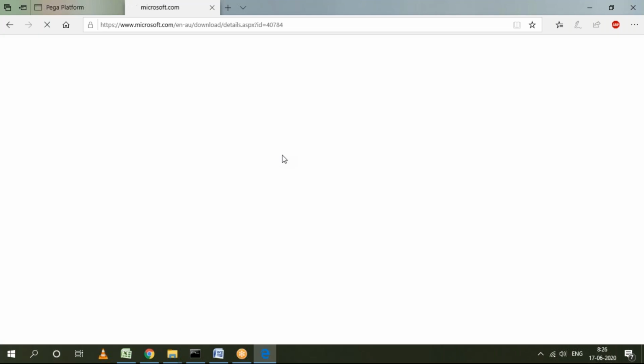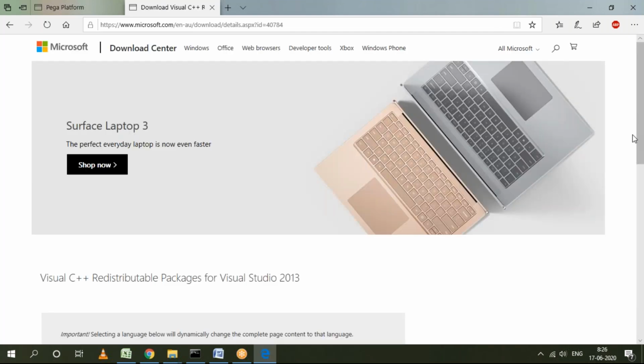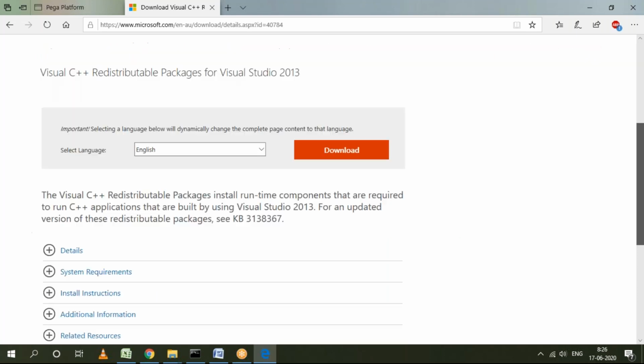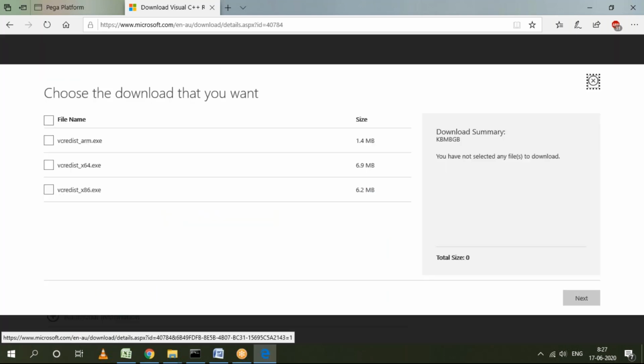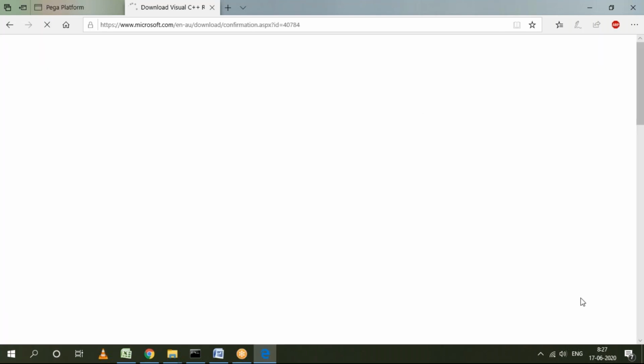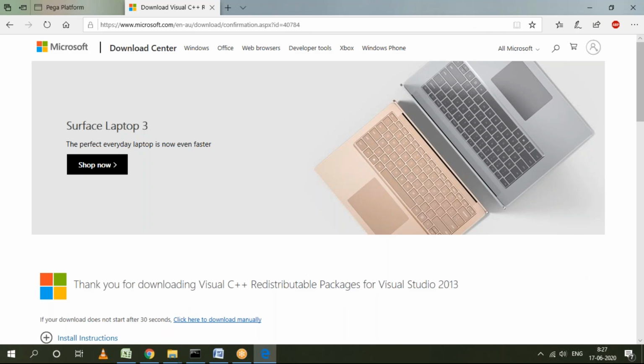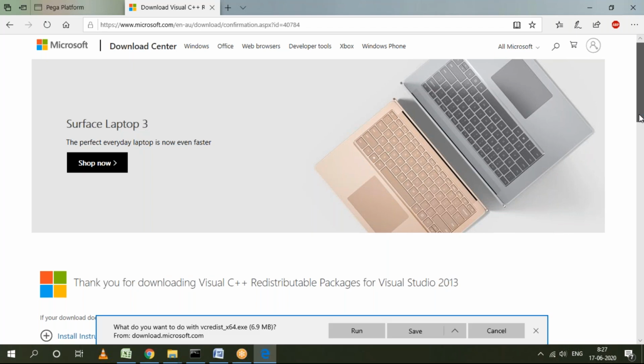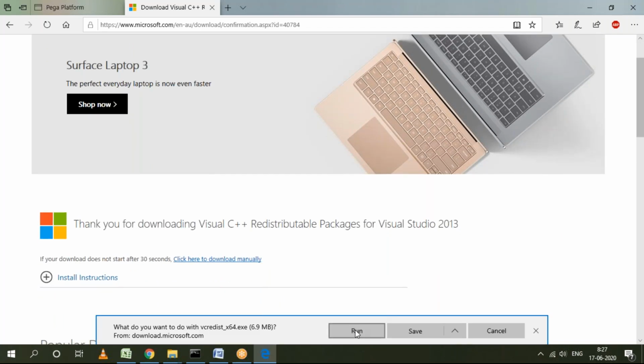See, in most systems, you'll be getting this error. Okay, just download this patch. Directly run them.